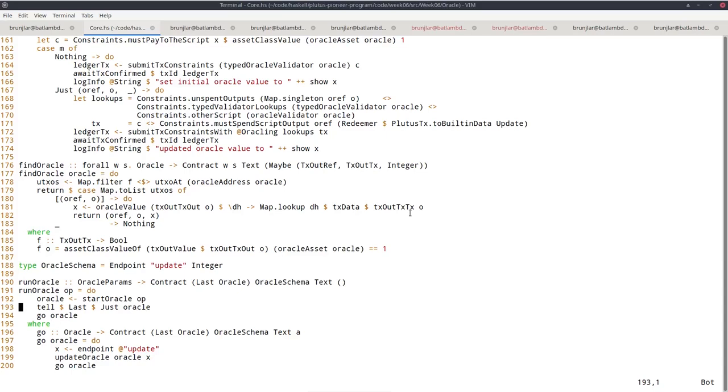Now remember, the tell expects a monoid type. So a typical use from the writer monad is lists, like a list of strings. That's when we talked about monads, I used that as an example. So each tell will take a list of strings, and then they will all be concatenated to one big list of all log messages. But it doesn't have to be lists. It can be other monoids. And in Data.Monoid, we have this Last monoid.